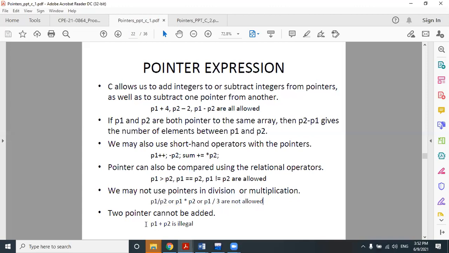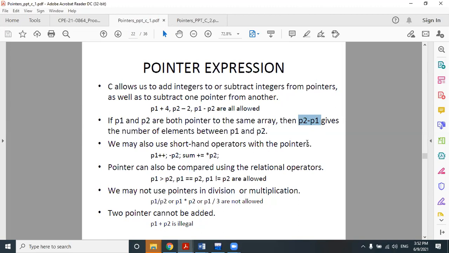Any kind of division or multiplication operation is not allowed in case of pointer variables. And the second one is that two pointer variables cannot be added. P1 plus P2 is illegal. Understand? Two pointer variables can be subtracted, but two pointer variables cannot be added. Clear?